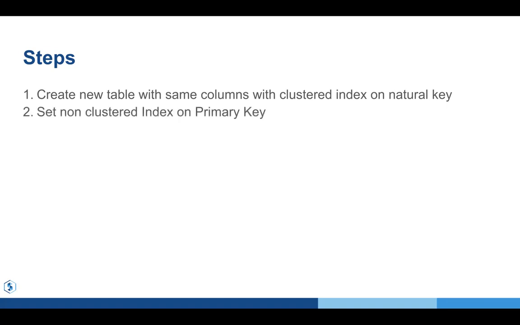We need to set the non-cluster index on the primary key to be sure that both primary indexes will be covered. And then we will need to copy the data from the original table to the new table,